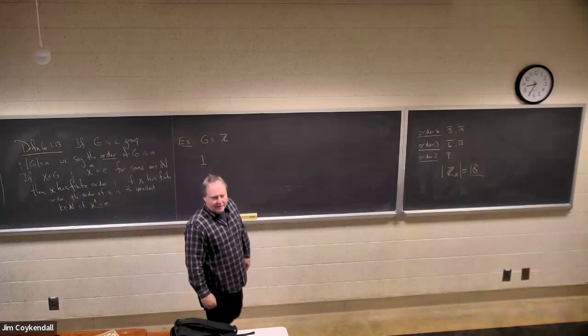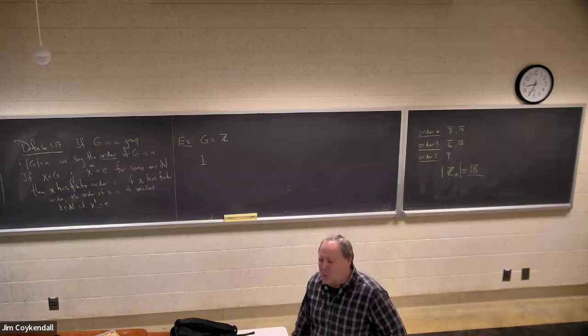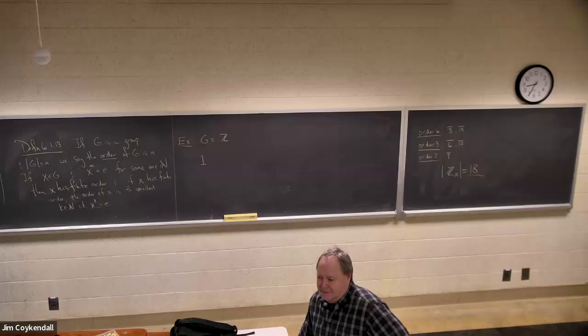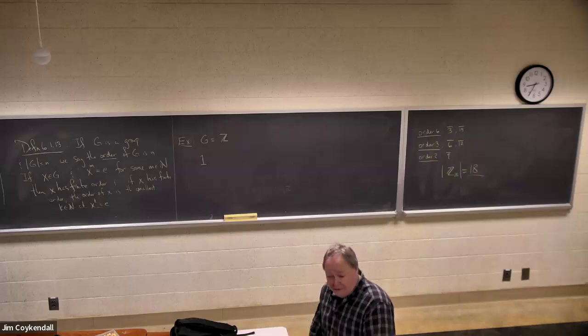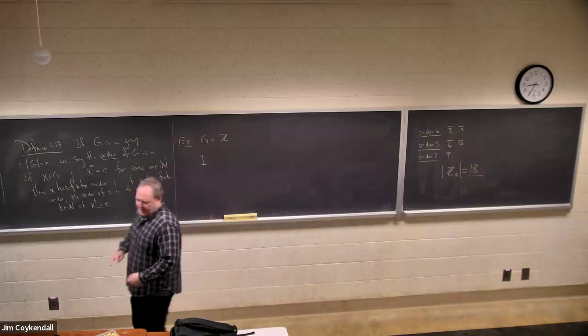How many times do I have to add 1 to itself to get 0? Your silence is correct. You can't do it. You add one and one and one. It's never zero. One is of infinite order. Okay,